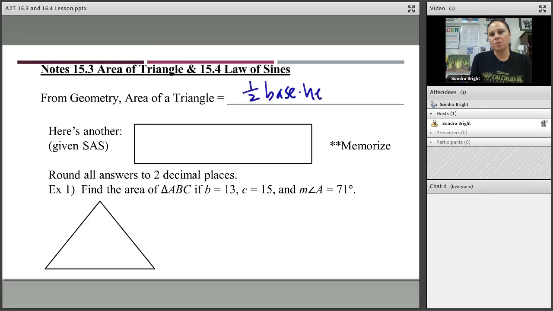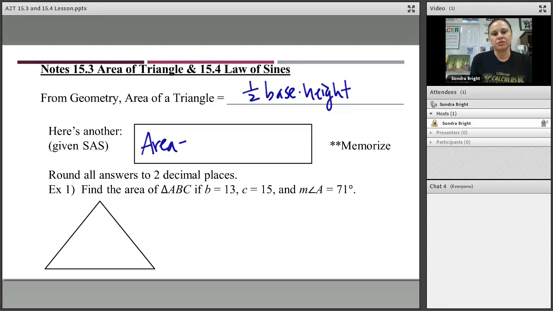But what about when they give you a triangle that's not a right triangle? What about when they give you an oblique triangle? That's what it means to be oblique, that it's not a right triangle. There's still ways to find the area. So for example, if you are given side, angle, side, so that means two sides and the angle in between them,